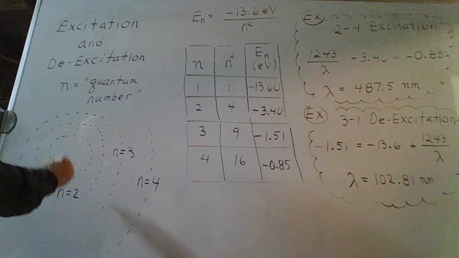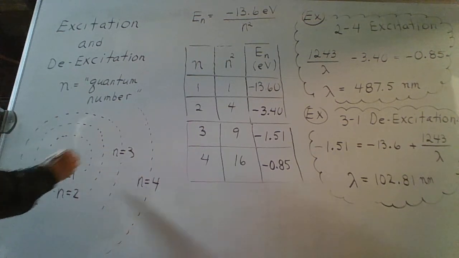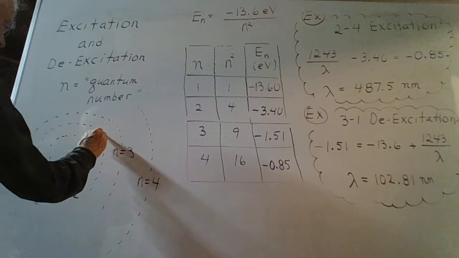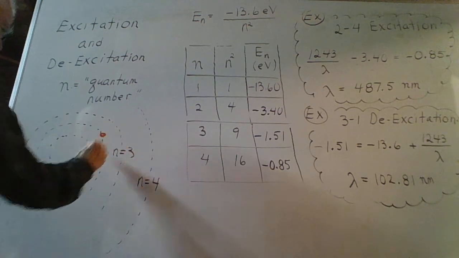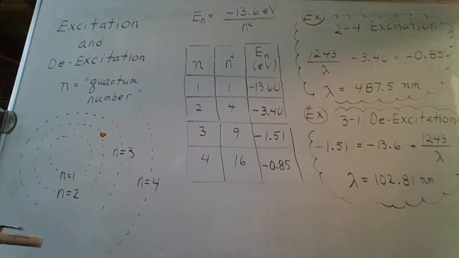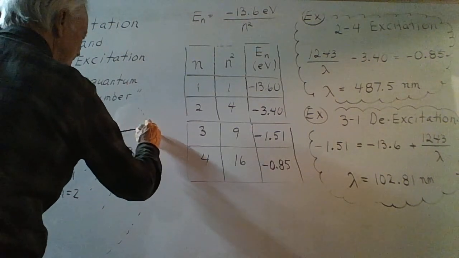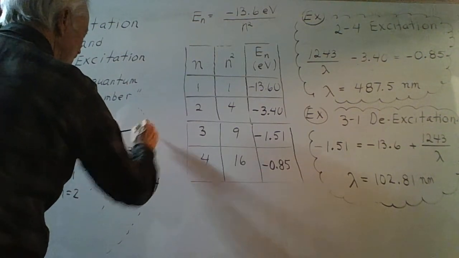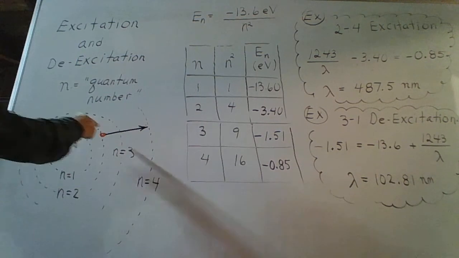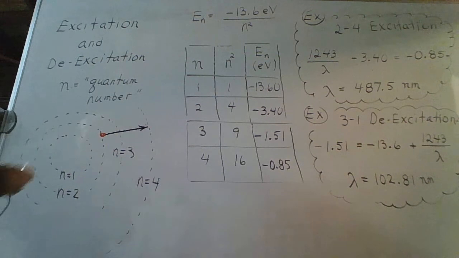So our electron was in this orbit here, the second orbit there, and it's going to receive a photon and be excited up into the fourth quantum state. I won't show the photon that is absorbed by that electron. Now, in our next example,